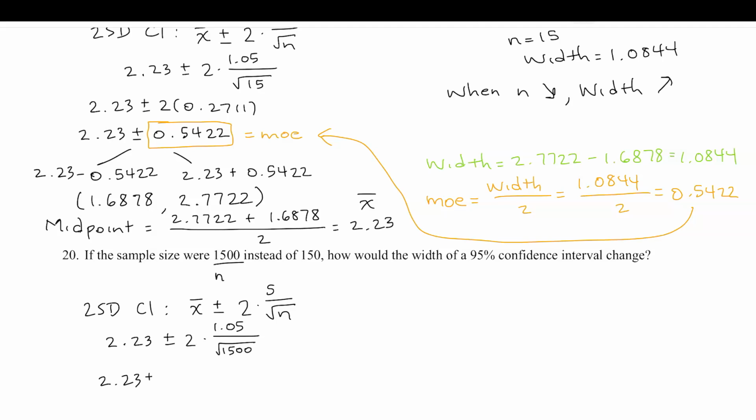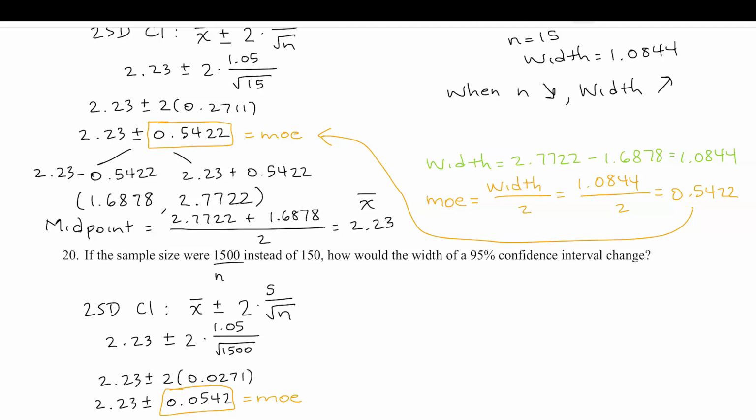So when I do that division, I get 0.0271, and then I go ahead and multiply that by 2 and get 0.0542. And let's just make note that that is the margin of error. So compare that to the margin of error that we just did in number 19. They are different by a factor of 10,